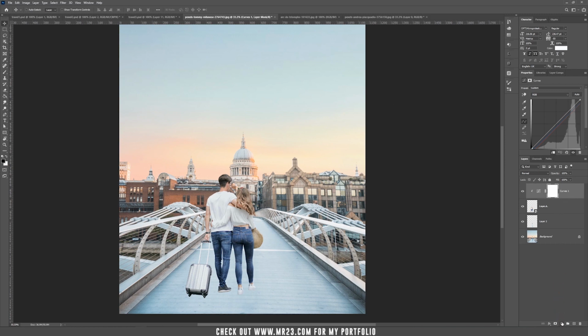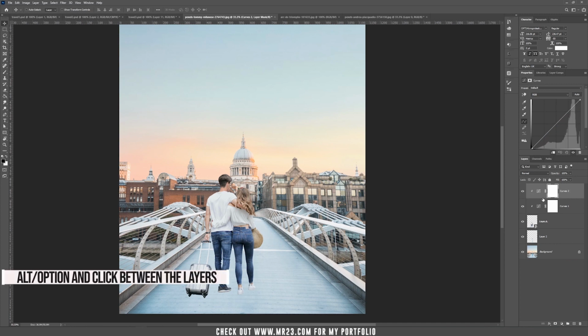I'm going to use again the curves adjustment layer. I'm going to place it inside our couple. So hold Alt or Option and click between the layers. Let's see what we can do to decrease the light a bit. Okay, I think it looks nice. Let's create the shadows. Let's zoom in